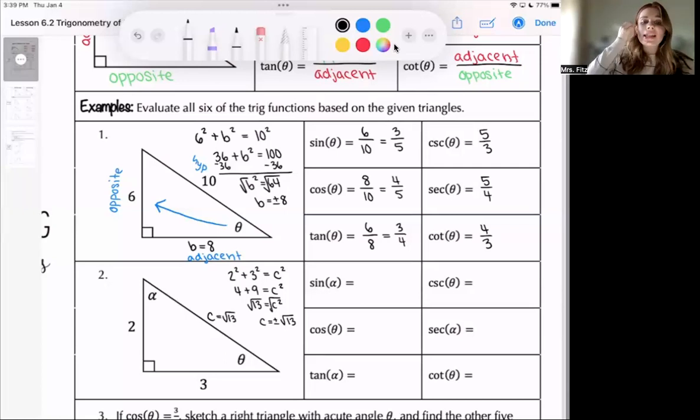Okay, sine of alpha. Whenever it's alpha, this guy right here is my reference angle. So be incredibly careful with that. Sine is opposite over hypotenuse. So here we want to use the side opposite of alpha, which is 3 over hypotenuse, which is root 13. Now the last thing I want us to do is rationalize the denominator. So we can multiply this by root 13 over root 13, and my final answer is 3 root 13 over